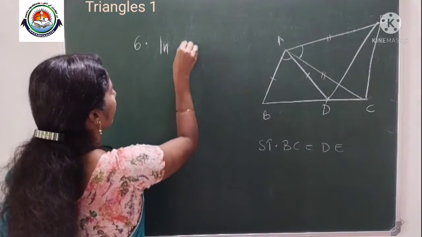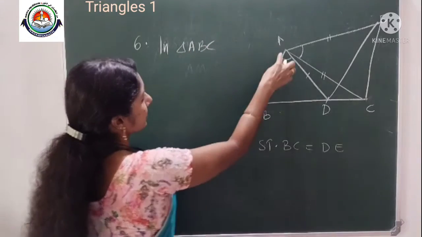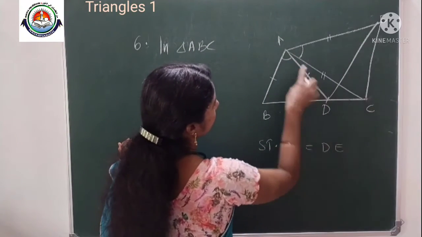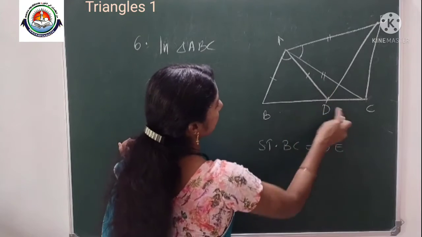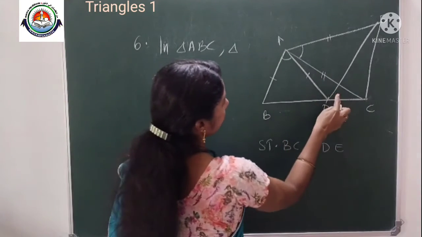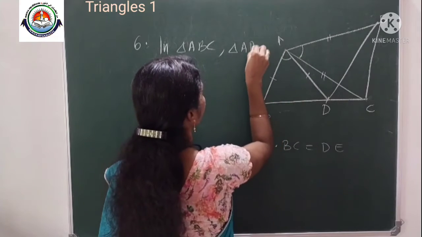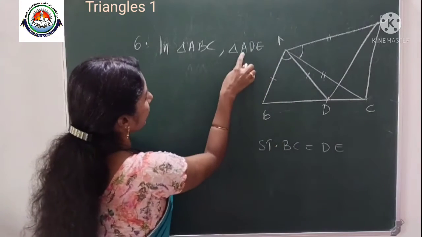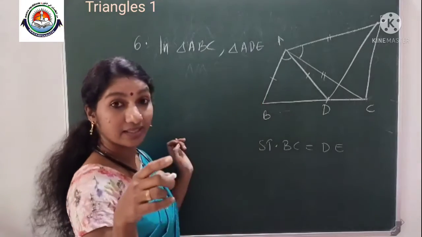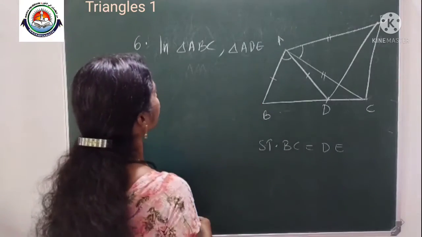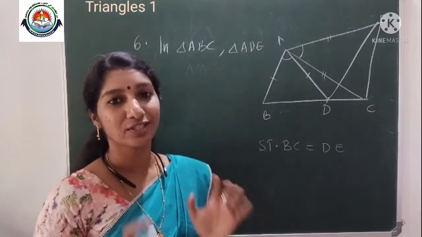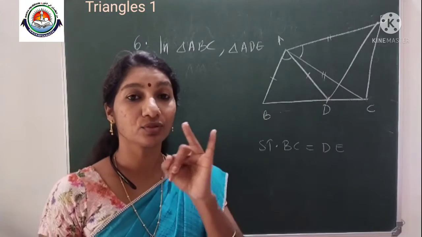They are triangle ABC. See, AB, AC are given and BC we need to calculate. So triangle ABC and triangle ADE. See, AB, AD are given, they are equal. AC, AE are given, they are equal. And we need to prove BC and DE. So of course we will consider these two triangles. So we have two sides.